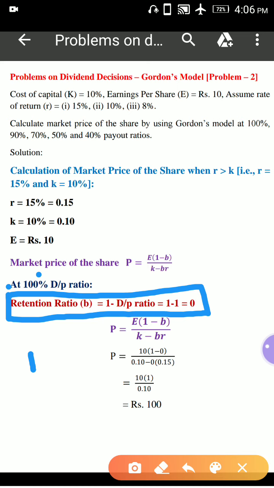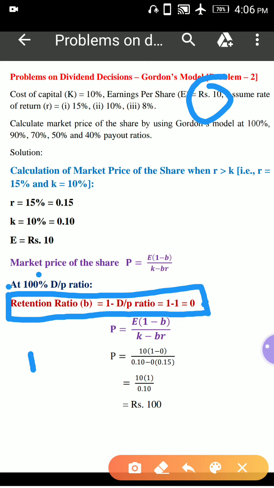So what is the retention ratio? Retention ratio is 0 because the entire amount of 10 rupees of EPS they want to distribute as dividend. The whole amount of 10 rupees they are going to distribute in the form of dividend, which means there are no retained earnings. So the percentage of retained earnings is 0. That means there are no retained earnings. So now